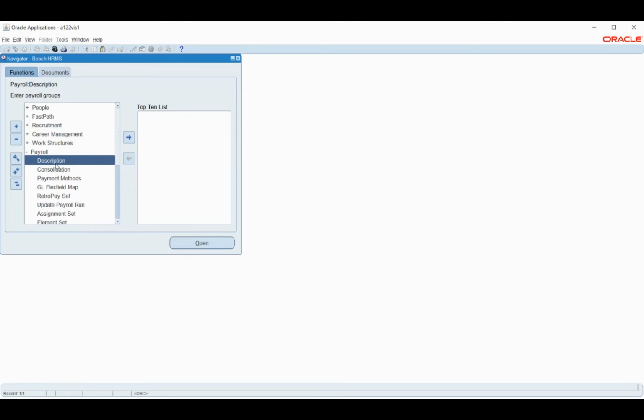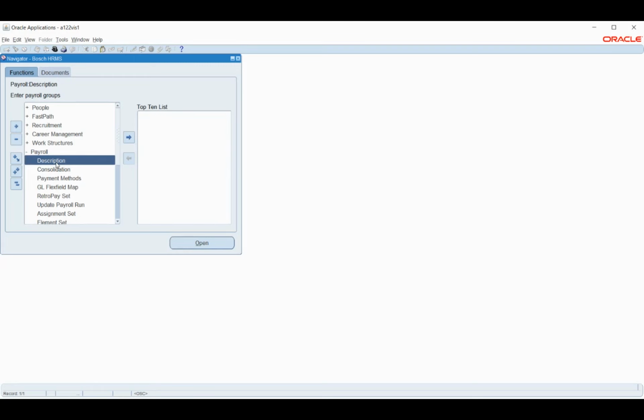Okay. So the reason why we create this payroll is that this is the way the system will understand, when I run a payroll for any particular employee or for any given month, how I should pick my elements, what are the basic components I should pick, or what is the payment method that I should pick to process this particular payroll, or let's say the TDS calculation. So all those things are captured under this one particular umbrella called payroll.